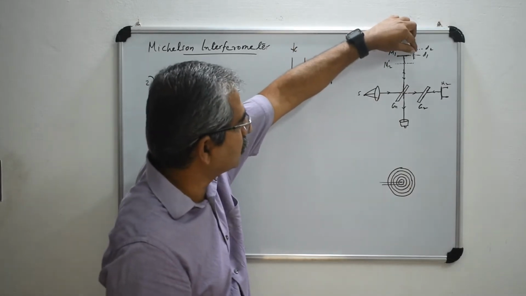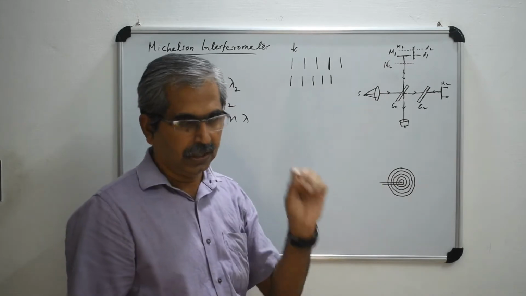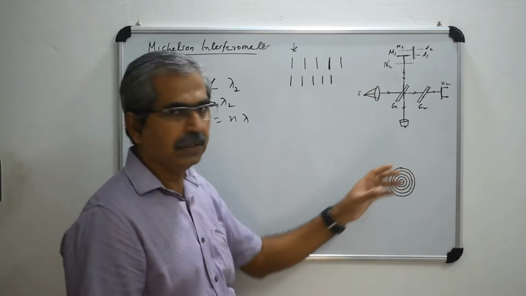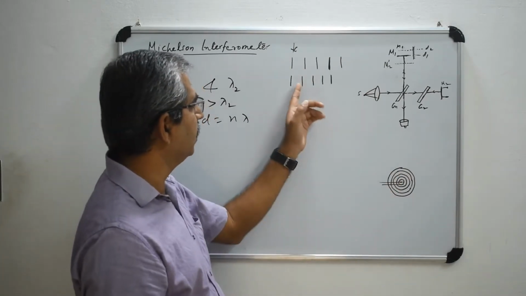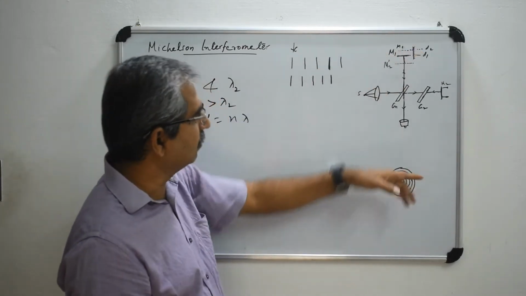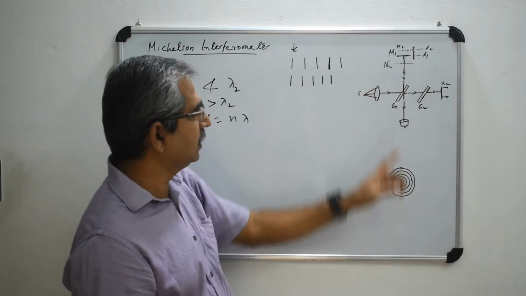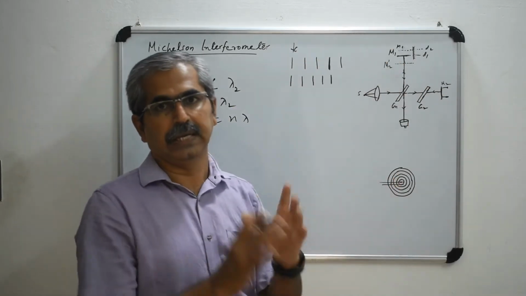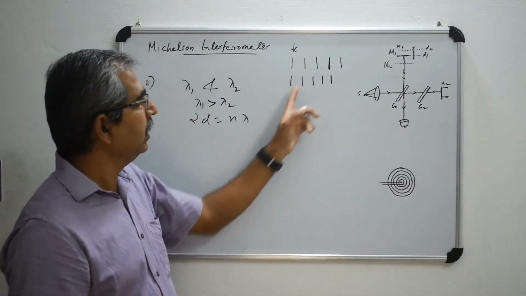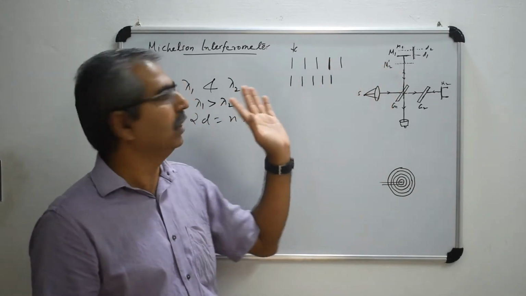Now you turn this screw, that is, you are moving M1. So you are looking at the center. The clarity will be observed at the center itself. Now the system will be blurred because you are moving, meaning you are actually changing the positions. So the ring system will be blurred. Now you turn, then after a certain distance, again this system will become clearer. The pattern will become clear. So initially it is clear, then again after moving through a certain distance, the ring system will become clear.